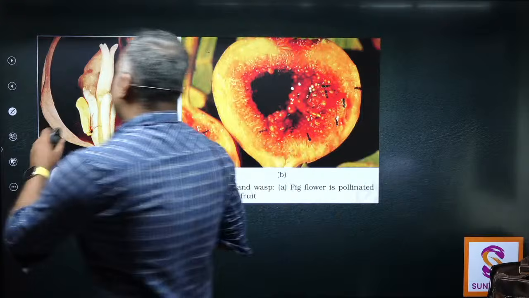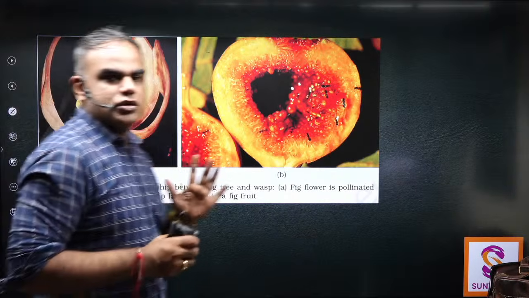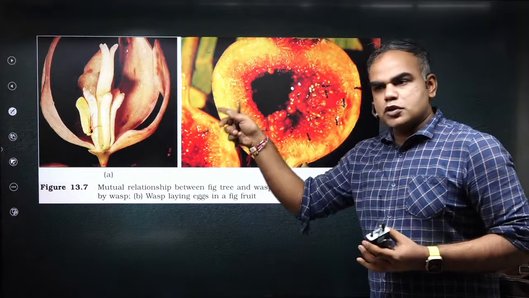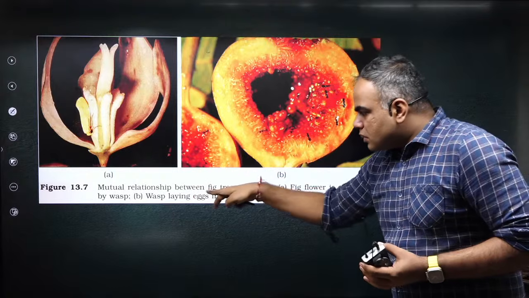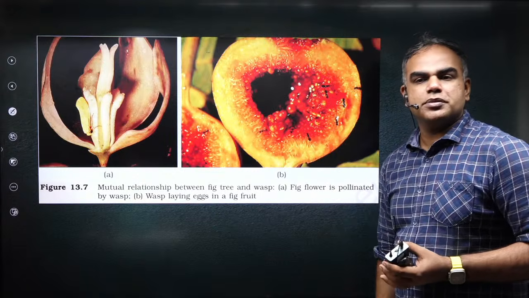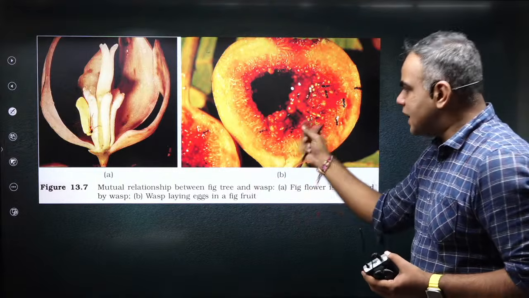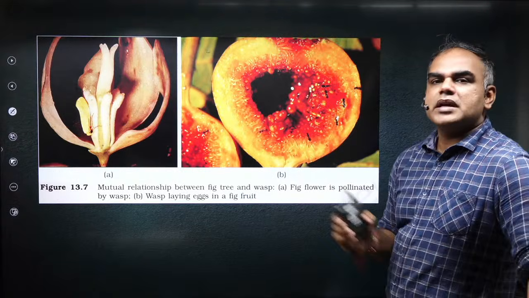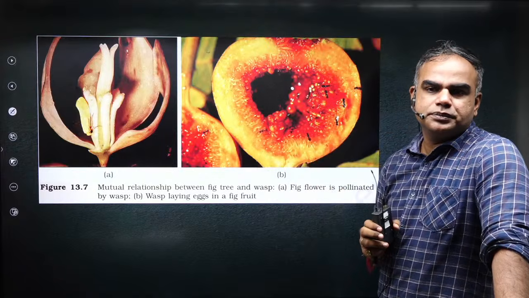Other examples include, for example, this is a direct UPSC question and this slide I always add when I teach. अगर आप देखोगे ये slide कहीं की नहीं, NCERT की slide है ये. Okay. And this is also from those 4 chapters of your NCERT. This is between fig tree and a wasp. Again, there is a symbiotic association. Okay. And this is a very specific case. Fig tree is pollinated by wasp and wasp lays the eggs inside the fruit. Both of them are getting benefited. ये किसका example है? Fig tree and wasp. Here both of them are getting benefit.